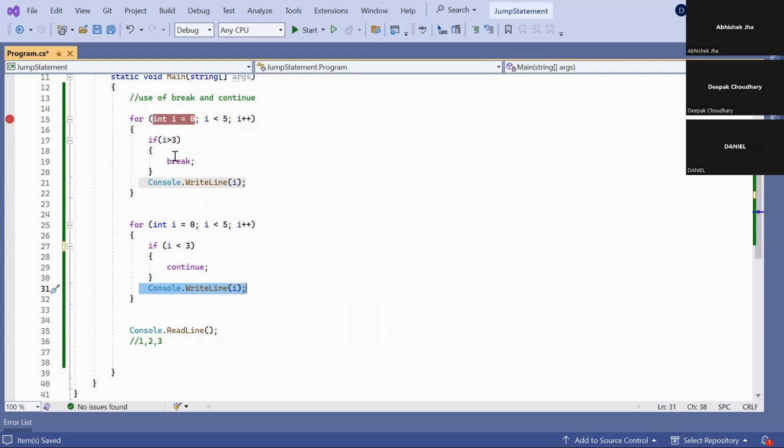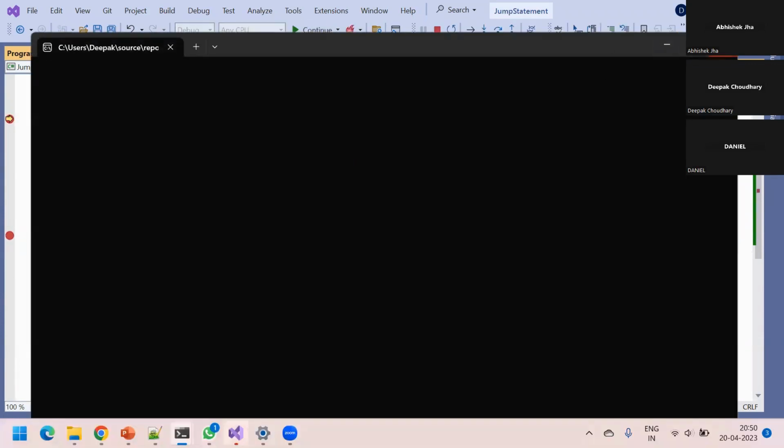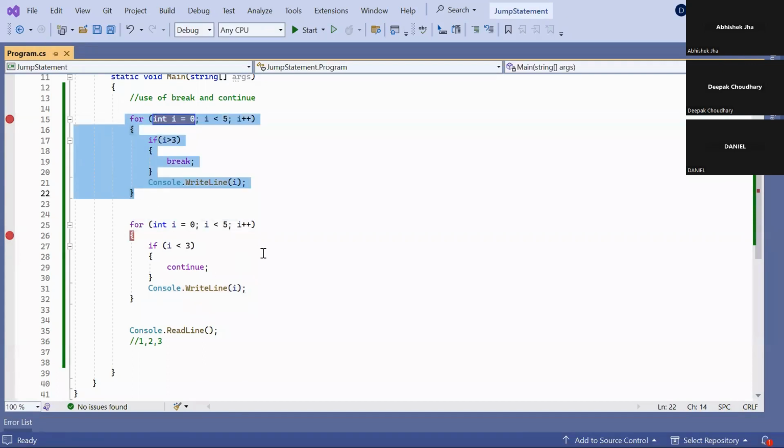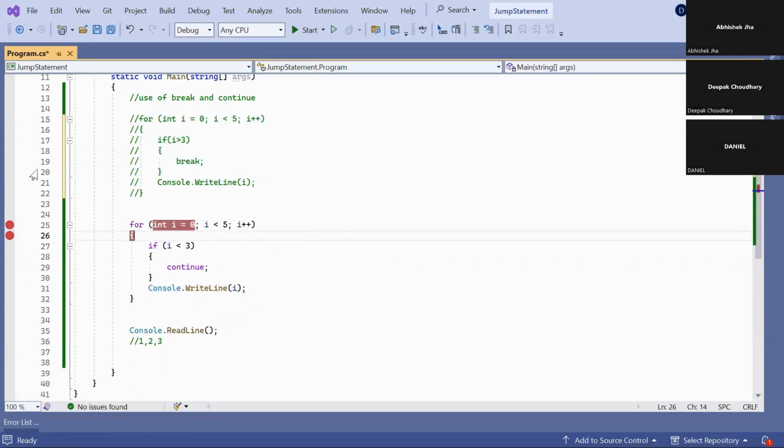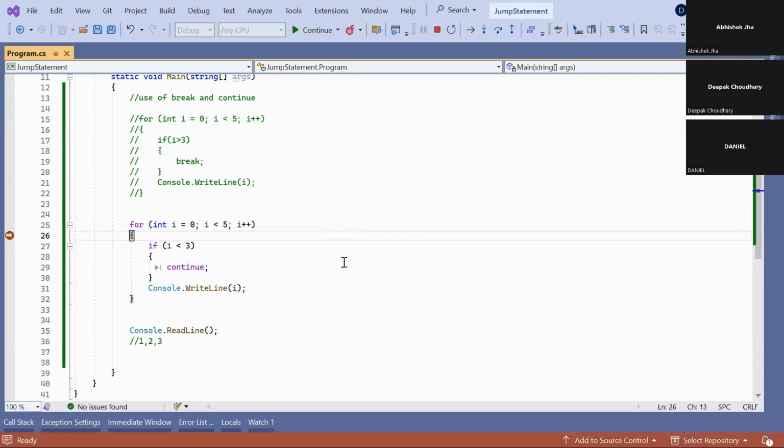So this is the difference between break and continue. Break just terminates the loop, but the continue statement is used to continue until this condition has been satisfied. If that condition is satisfied, it continues until that condition is false. If that condition becomes false, then it moves to the next line. I can show you. Let me comment out the above one so that both programs do not get executed. I don't want to execute both programs. So let me run